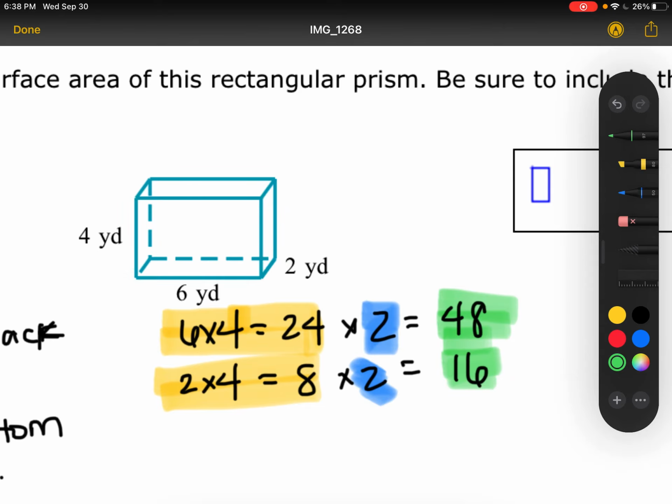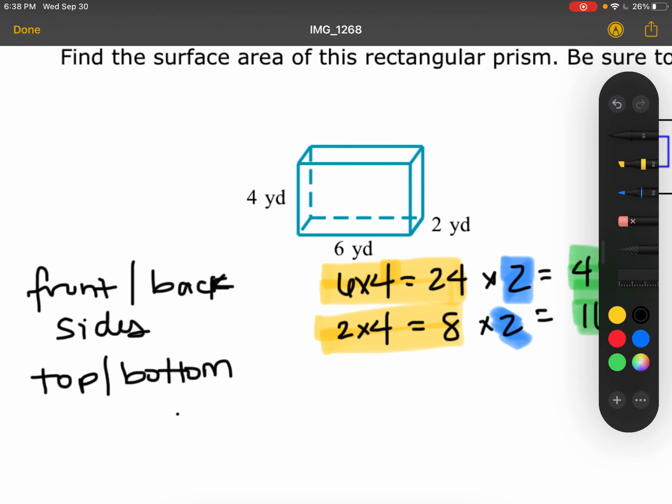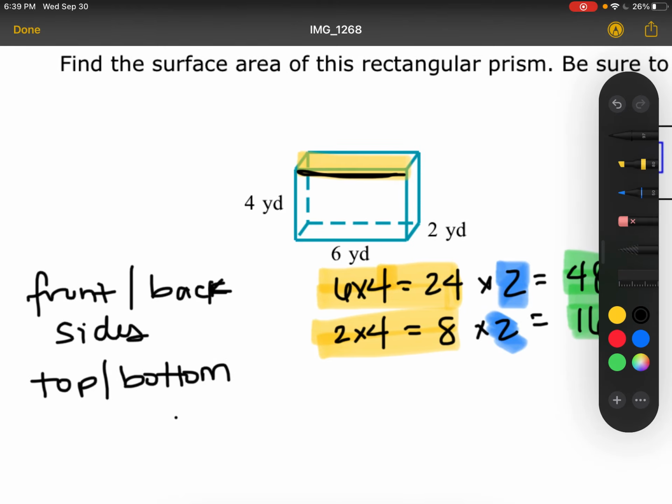And then I really do have to write this out, y'all, every time I do it, the top and the bottom, because I straight up forget every time. So the top and the bottom is right here and then right here. The top has a width of 6, and a lot of times people say, oh, it's times 4. No, that would be the front again, right? So you would say, okay, I have a length of 6 and a width of 2. So 6 times 2 is 12,